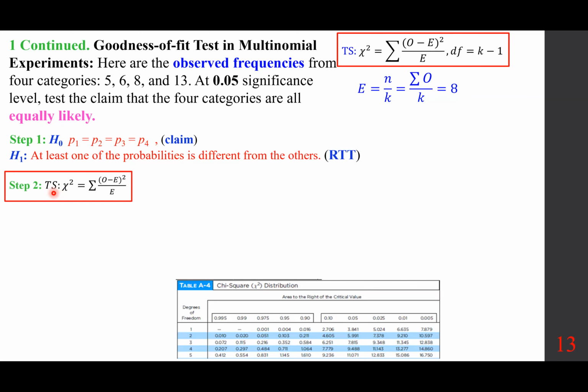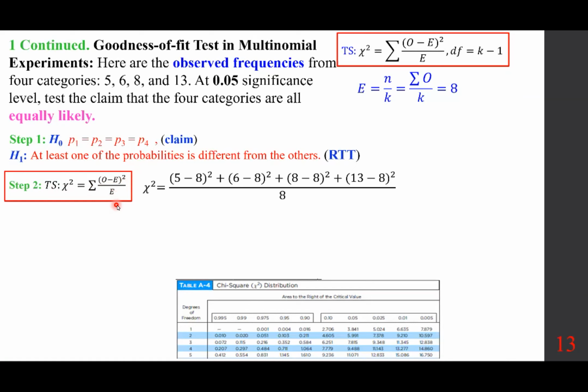The next step is to calculate the test statistic. Chi-squared is the summation of the observed value minus the expected value squared divided by E. For us, we calculated E to be 8, so 5 minus 8 squared, 6 minus 8 squared, 8 minus 8 squared, plus 13 minus 8 squared. Again, we have only 4 pieces, so it is reasonable to do it by hand. Mostly these are done by technology. When you do the math, we end up with 38 over 8,